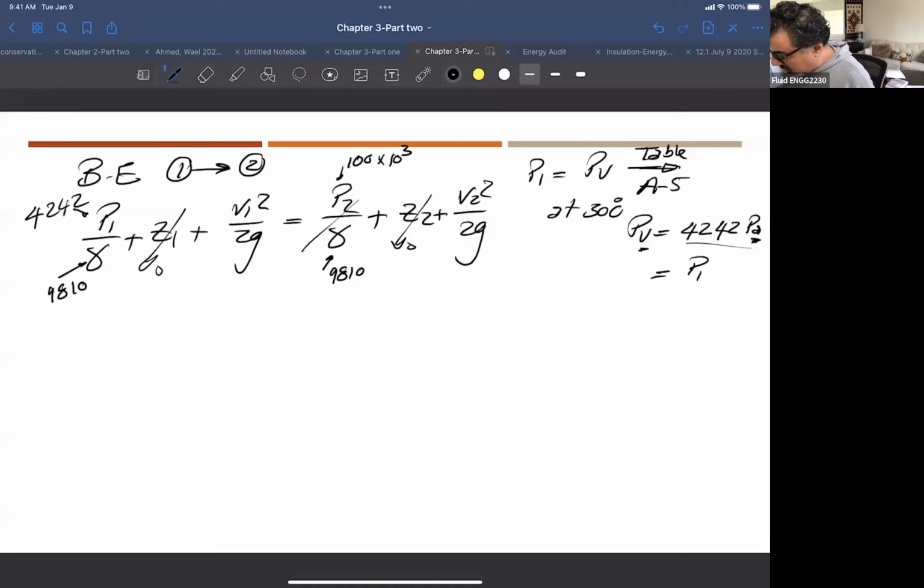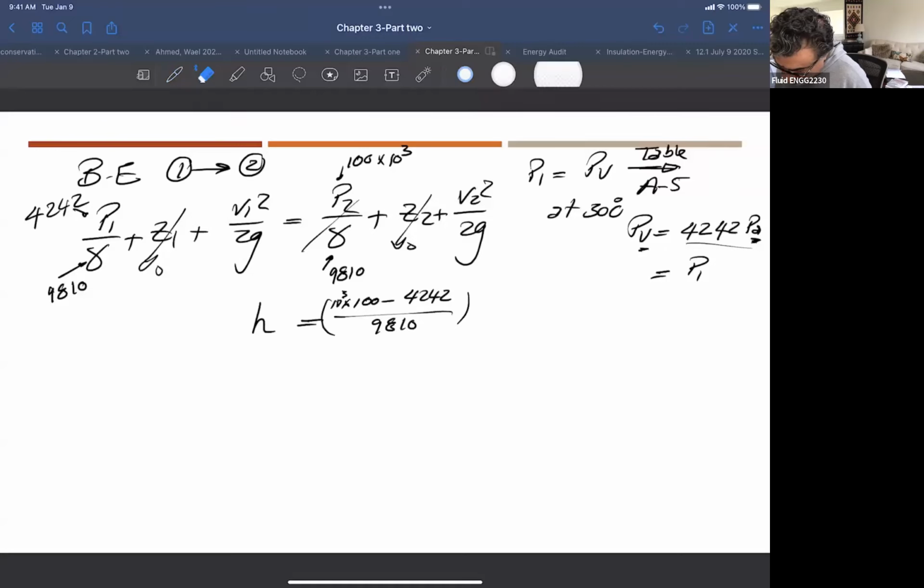So what I need to do here is H is going to be 100 minus 4242 over 9810. Okay, so this minus this plus